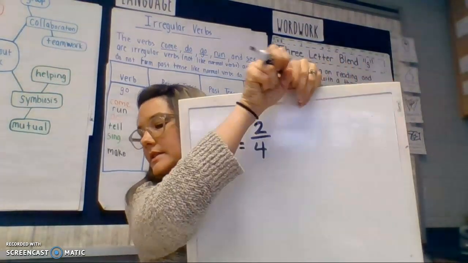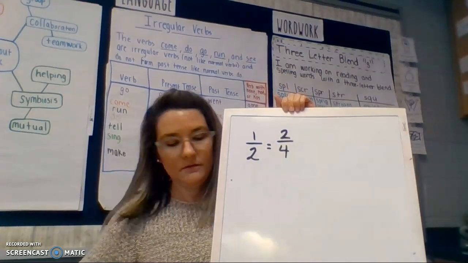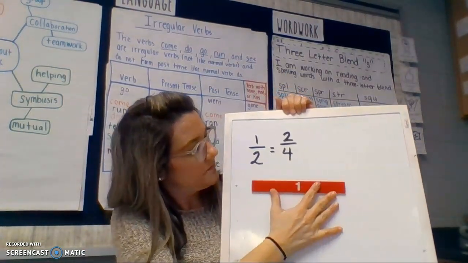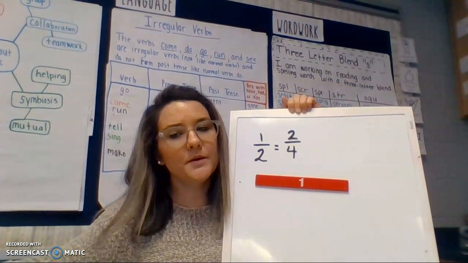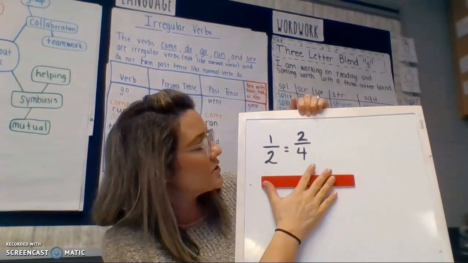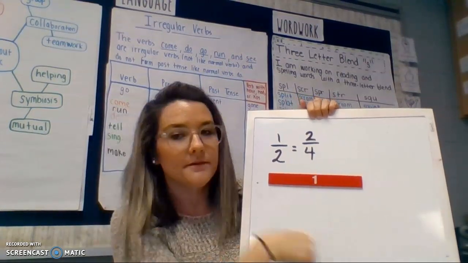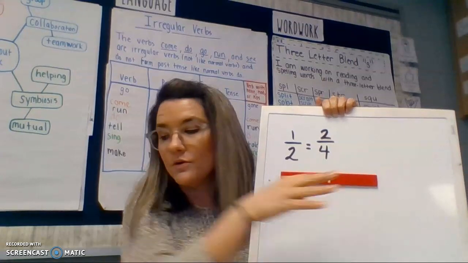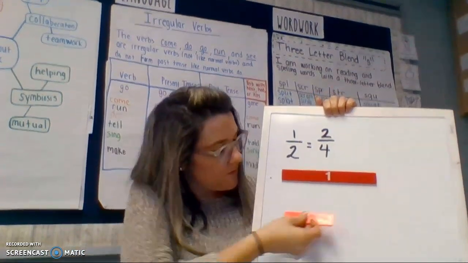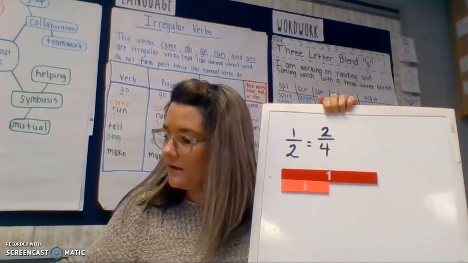Okay, so let's look at our fraction tiles. I have one whole. I always put my one whole because when you have different size wholes, it shouldn't matter when you're comparing fractions, but I always want to compare the fraction to the whole, okay? So I have 1/2 of the whole here and